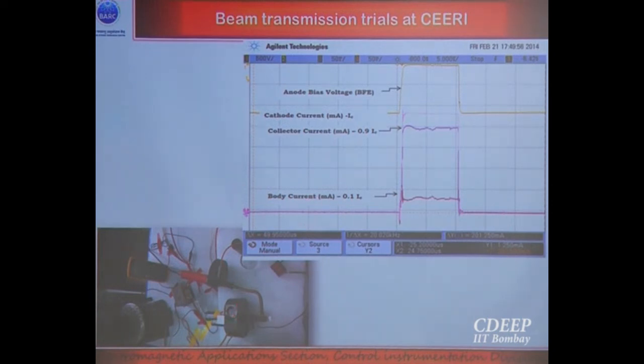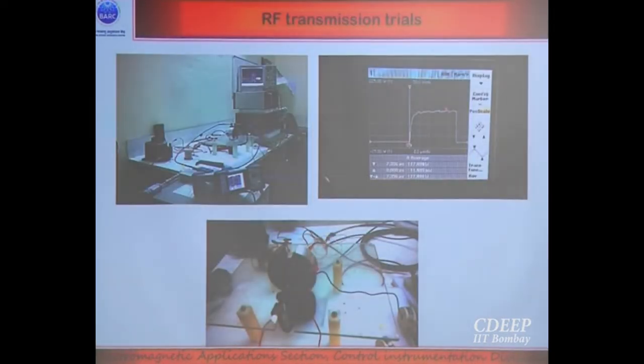This is the beam stick tube, where we have a continuous electromagnetic field that we could enter, but that is not possible in the miniature Klystron tube because there are waveguide ports for that. We were able to achieve 90% transmission. That means 90% of the beam emitted from the cathode gun, we were able to collect at the collector. So after the beam transmission trials, we went to the